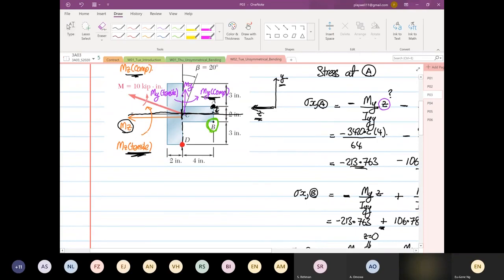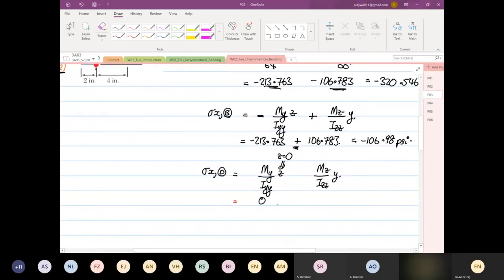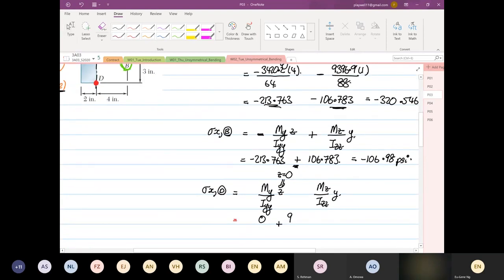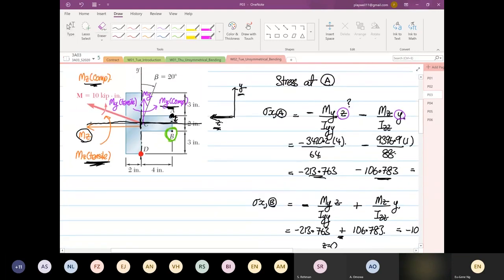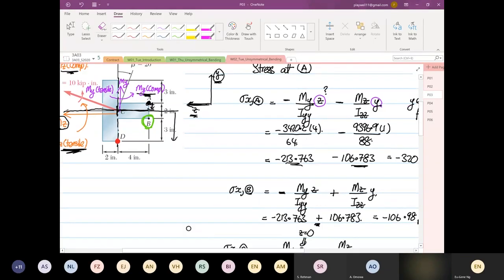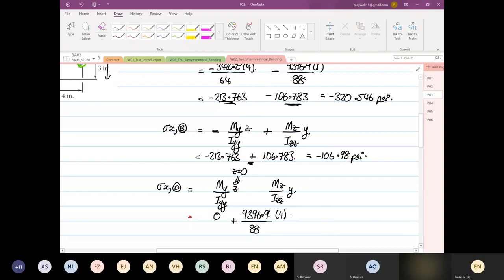MZ is going to give you tensile at point D, so plus MY, so our MY is equal to 9396.9, and then divide by IZZ, which is 88. And the distance Y now, so you know that Y is in this direction. So from here to point D, your Y is equal to what? 4. Okay, so this is equal to 4. So this is going to be 9396.9 times 4 divided by 88. So it's equal to 427 tensile positive